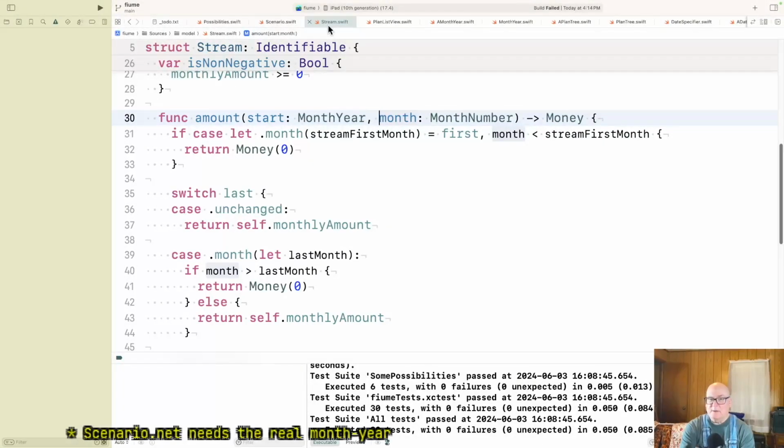Actually, I think I want to pass. So if I have the current month year, is that enough to answer my scenario question? Right, the birthday. I take the month year plus the month number.